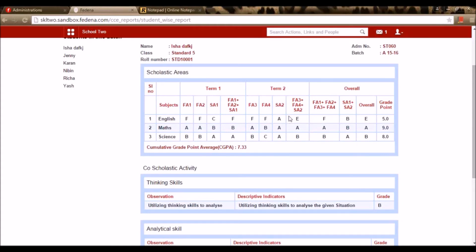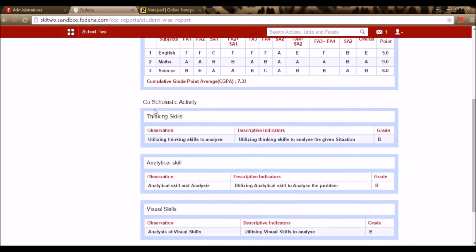Both these scores together are calculated as an overall grade with a grade point. Here you can see the cumulative grade point average, and here you can see the core scholastic activity grades. These are the activities that are created, say thinking skills, analytical skills, and visual skills.